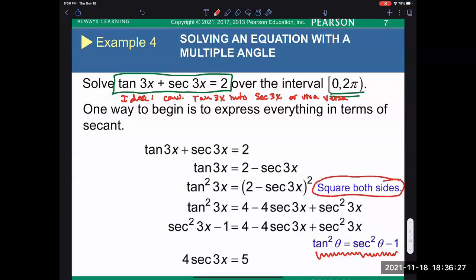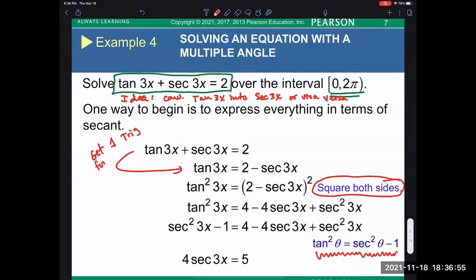So when you square both sides, it will be easier and you won't get products of trig terms if you have one trig term on one side and the other trig term on the other side. And so they begin by splitting their trig terms, the tan and the secant, on the two different sides of the equation. So what they did here is they got one